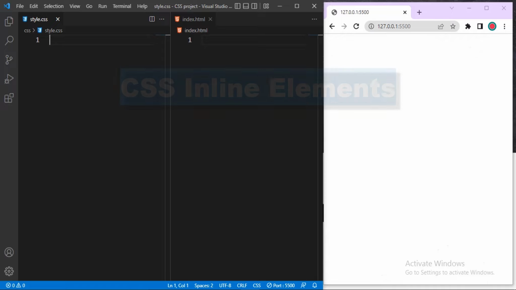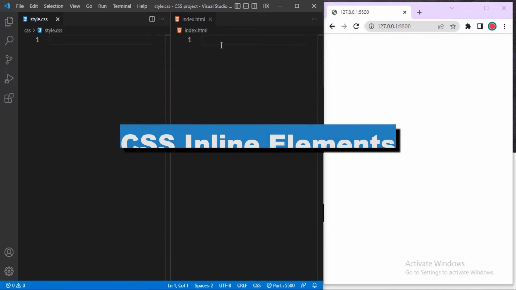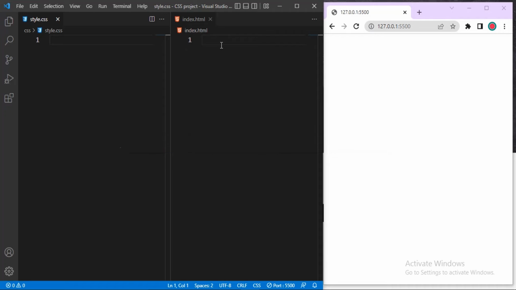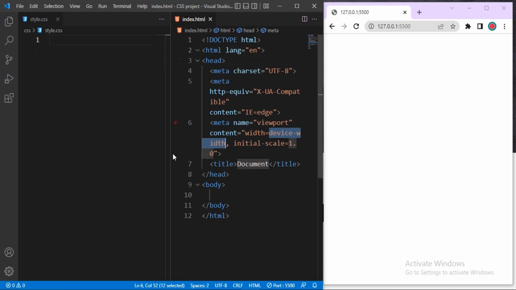Okay, in this video we'll be talking about CSS Inline Elements. To do that, we're creating our HTML basic structure. Shift is here, HTML basic structure. Then inside our body elements,